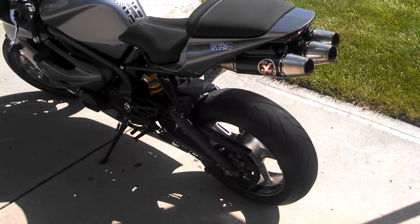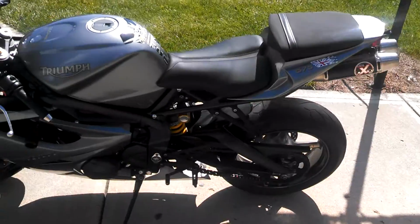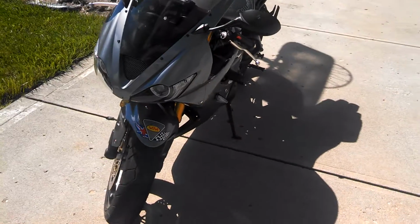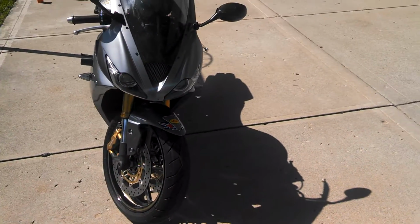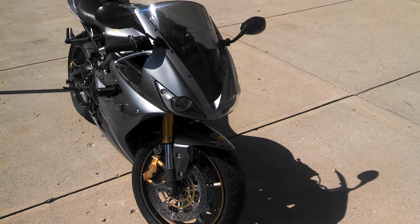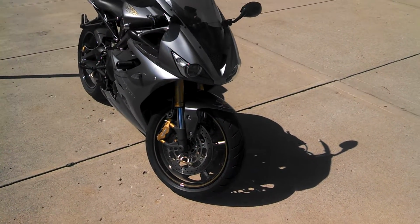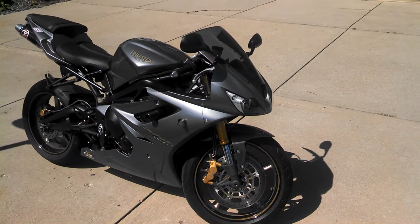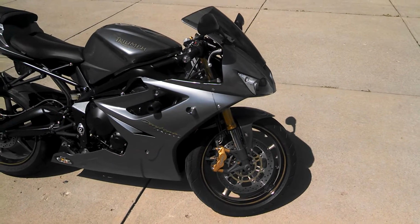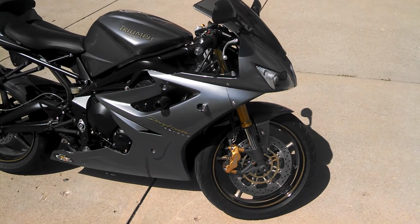class to this, and I actually found this bike about 2 hours away from me, and me and a friend drove up there. It was actually yesterday, and I rode this back home. So going from the safety course to riding this bike back home for 2 hours, I mean, it hurt my butt, but who was going to ride it? You know, I wasn't going to put it on a U-Haul and tow it back to the house. So,